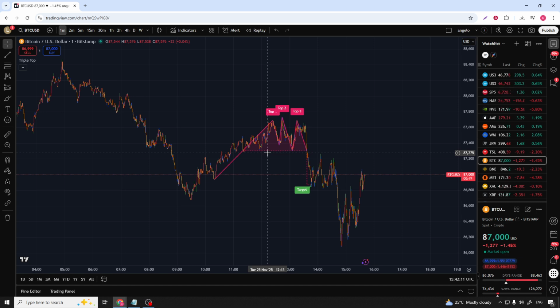Once you're set up, repeat these same steps and you'll be able to quickly add and view the triple top pattern on any chart you're